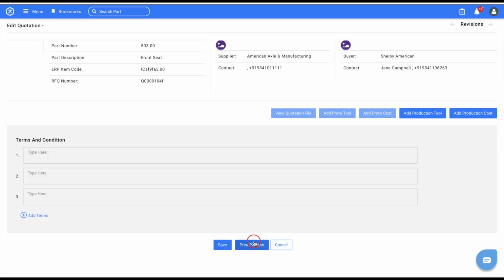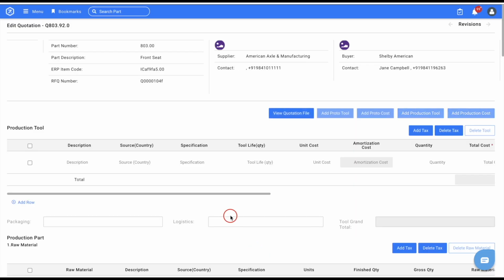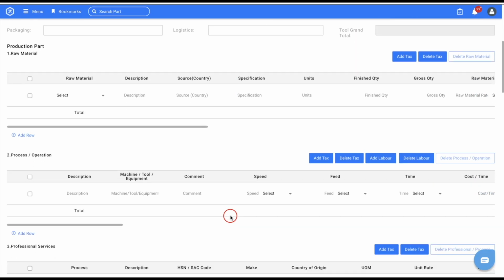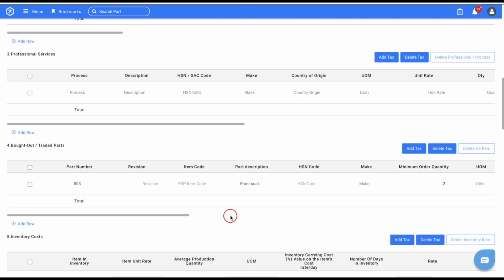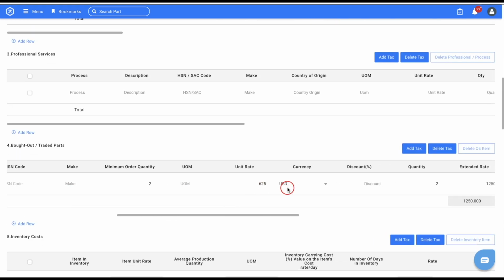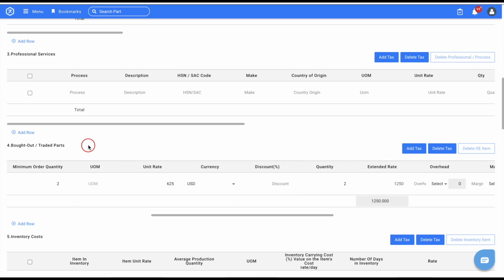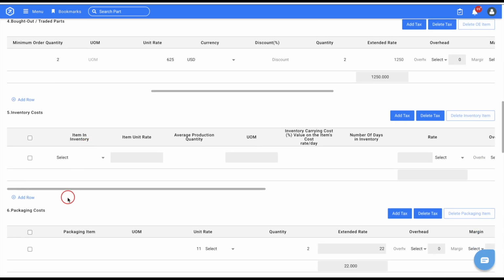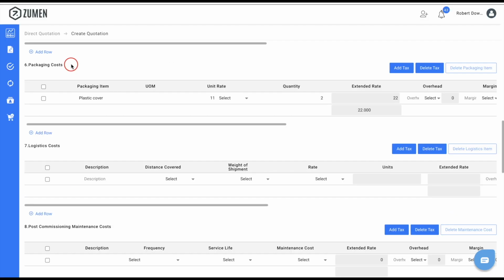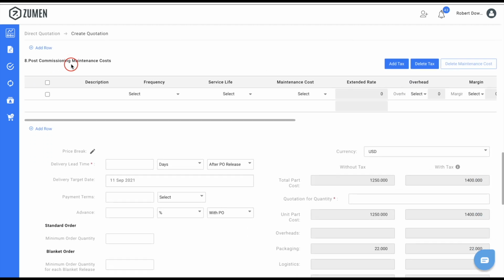The next screen displays all the 9 tables in the Zoom In quotation format. The information we mapped in the previous screen will display in the respective tables, in this case, in the Bought Out Traded Parts table and Packaging Cost table. In the Delivery Lead Time field, which is a mandatory field, enter the time required by the supplier to deliver